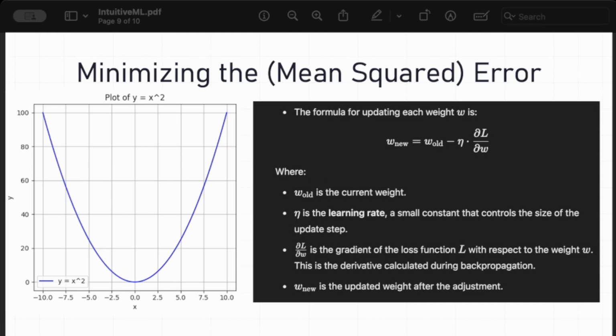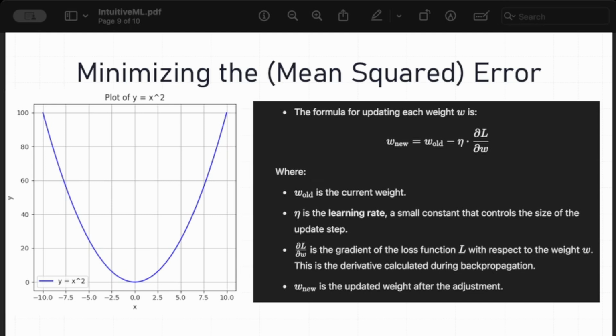So now we have some error. The formula is shown here. What we're actually trying to do is figure out how much we should adjust each weight. So the first thing is that there's this learning rate. That is a small constant. It's been shown that you want to take small steps in the right direction. If you take big steps, you might overshoot where you're going. You might miss a local minima or maxima. So you want to take small steps toward what you think is the right direction and continue to adjust. And this is why systems often require many training iterations to get to a good solution.